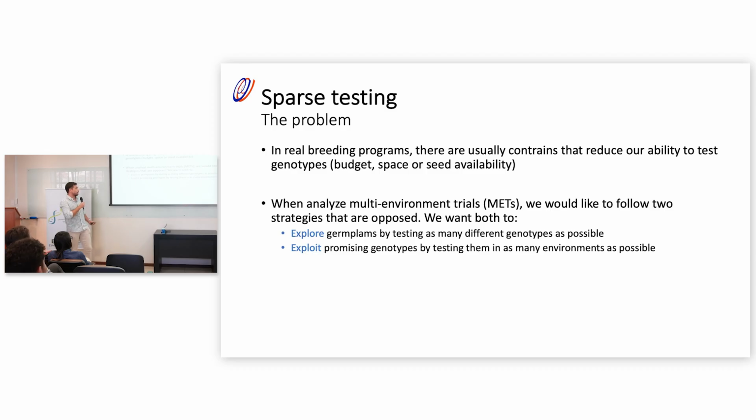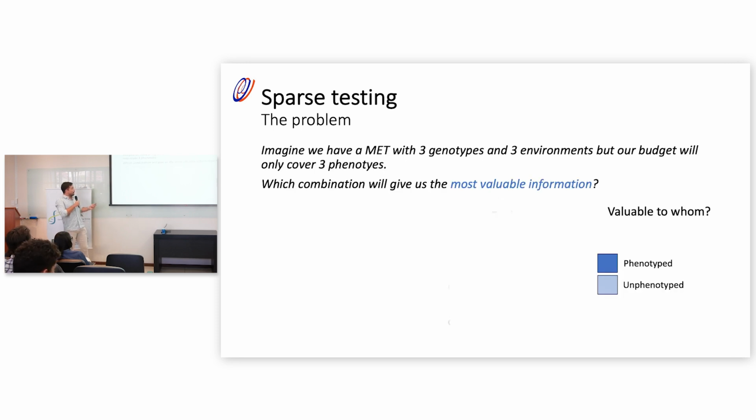Yeah, you could argue that this is how a breeding program works, right? The first stages are more like exploring: we have many different lines that are tested only once or a few times. And then once we have some promising lines, we advance them and test them in multi-environment trials. But in general, even in the last phases, we might have more lines that we want to test than actual space.